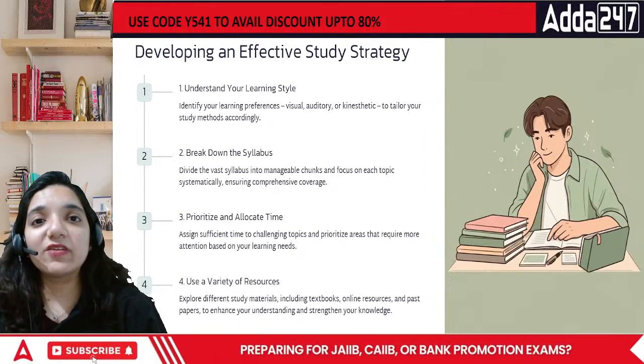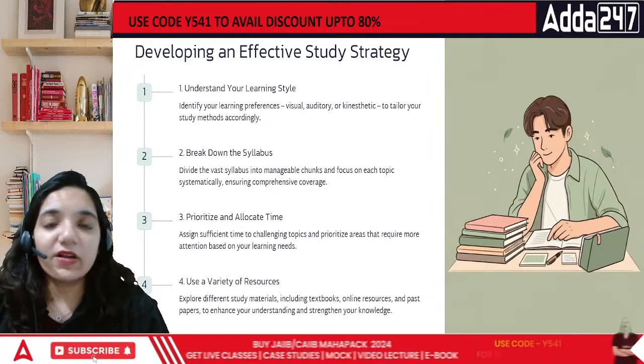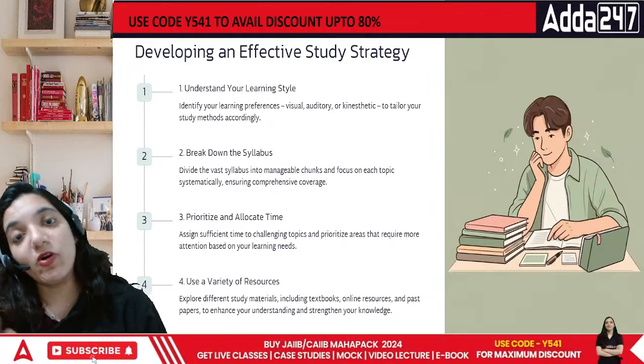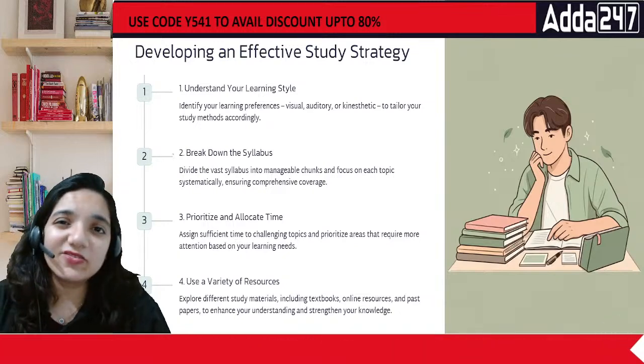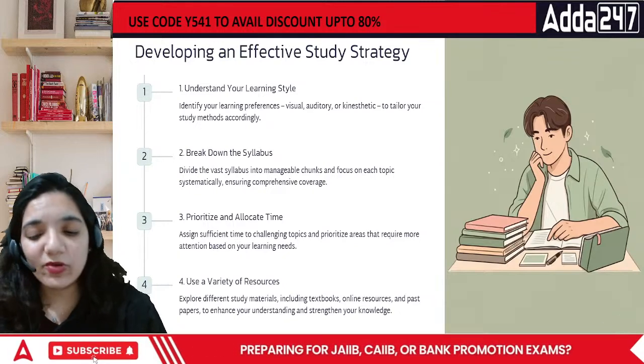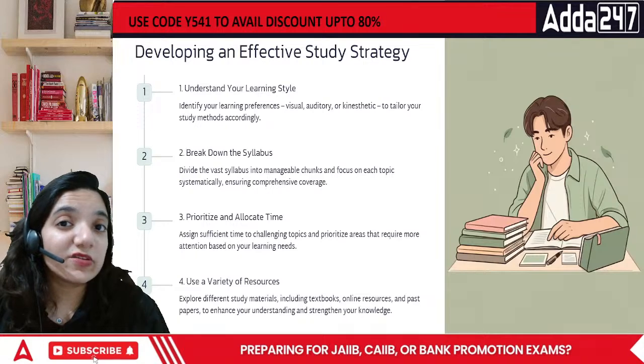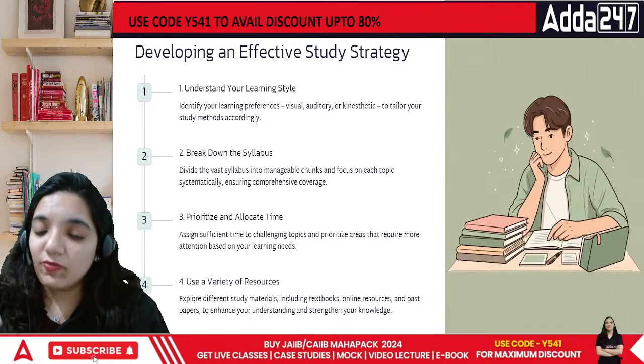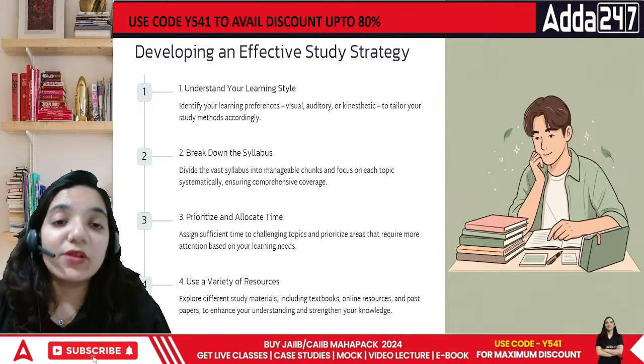N number of things are going on, and then there are so many other things left. Your office work is left. You're devoting 8 to 10 hours to your office work and commutation and all. So practically it is not possible that, with all this work, you have to sit down and study as well.